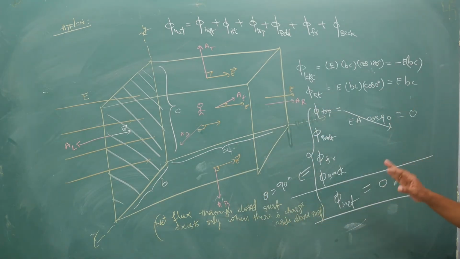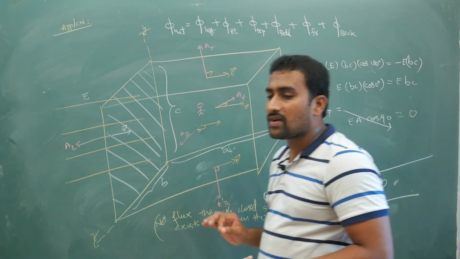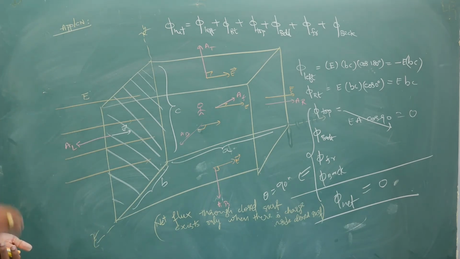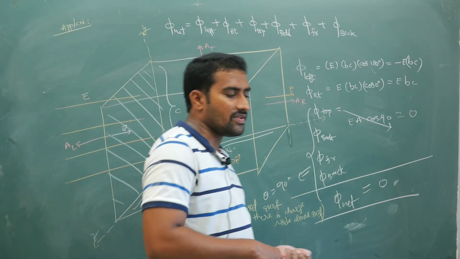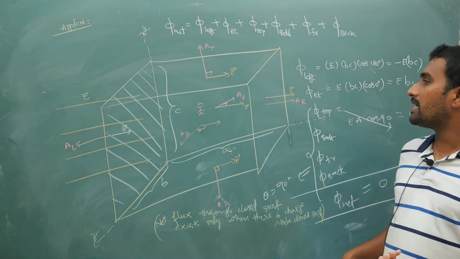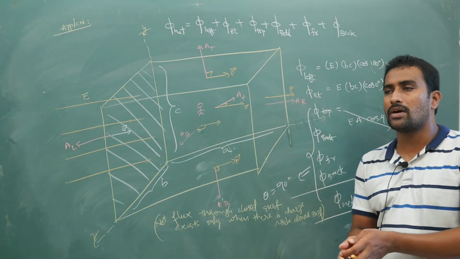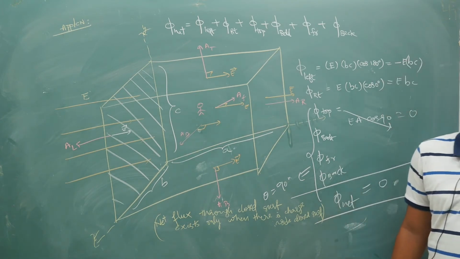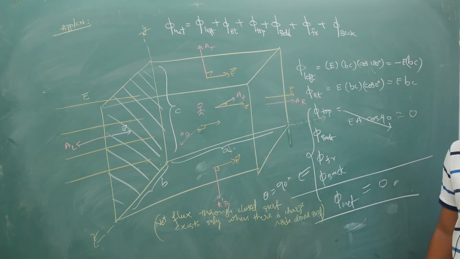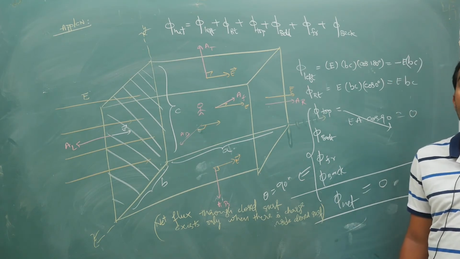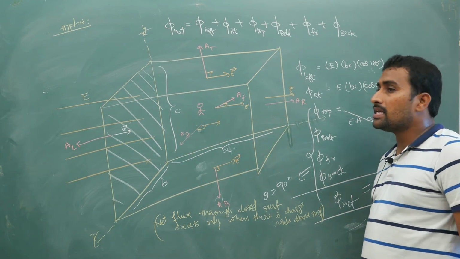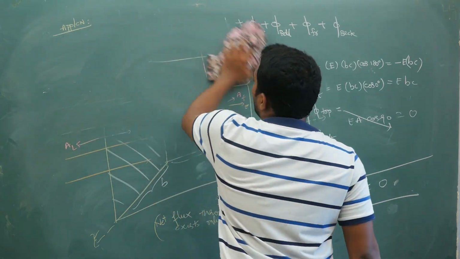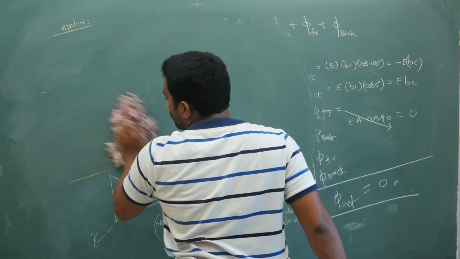One thing I want you to understand is that you will have flux across a surface only when there is net enclosed charge inside that surface. So either field lines should only be going out or only be coming in. In such a case only will you have net flux. Here you have a constant electric field. Next, I am going to change this question and give you a variable electric field, that means your electric field is varying with respect to distance. So I will draw a smaller figure, copy it down.